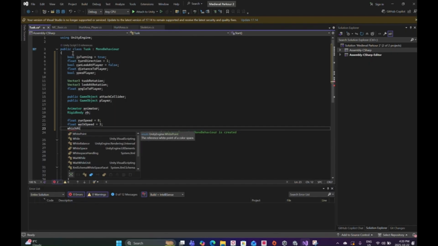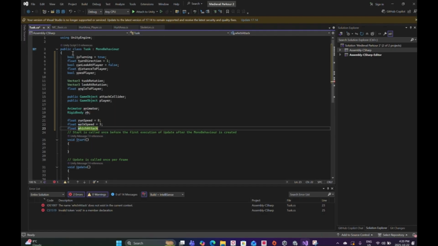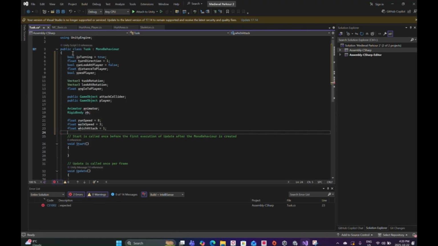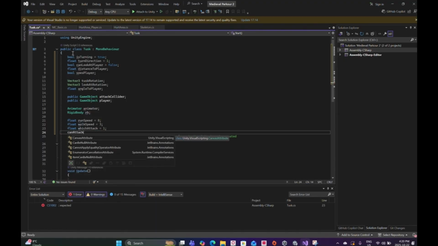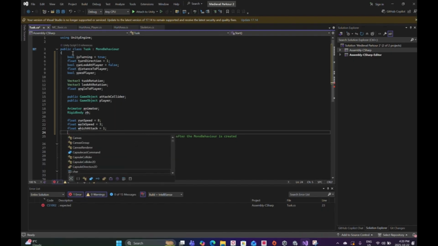Which attack, left punch or right punch, well, this has to be the float. I'll set it to 1 by default, and bool can attack equals true,